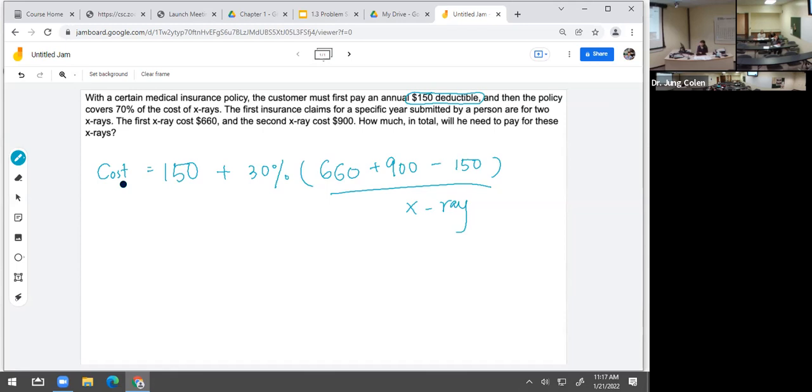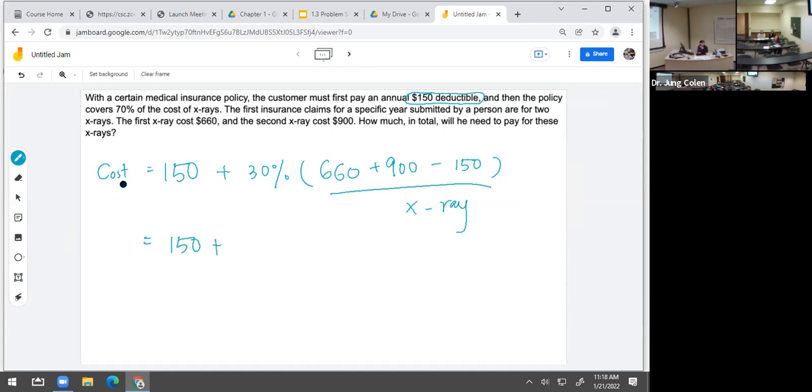Okay. So first deductible, you need to pay for it. But what you are getting back is only 30% of that much money. It's not fair, right? You don't get 100% of $150. Yeah, but that's our life. Always not fair. Okay, so these two are X-ray costs, but this is the deductible. You need to take away. Then to solve this,